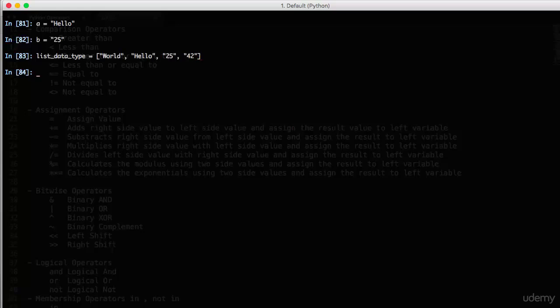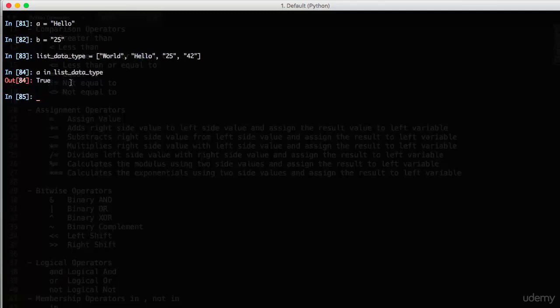So we need to check whether A is in list data type. Of course, the value of variable A was hello. We are checking whether this value hello exists in this list data type. Hello, of course, and hence it was printed as true.